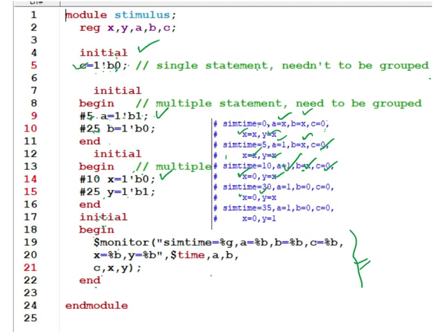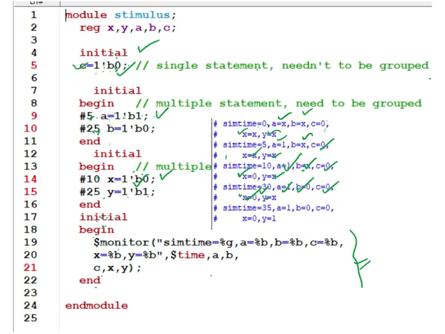But after 30 nanoseconds, what will change? You already have c equal to 0 and a equal to 1. Since b changes at 25, after 30 you will definitely get b equal to 0. Then x equal to 0, and y is still showing an unknown value, because it is a sequential design.